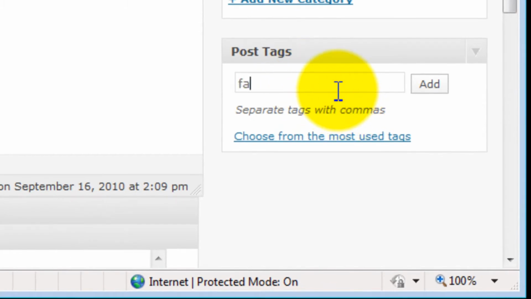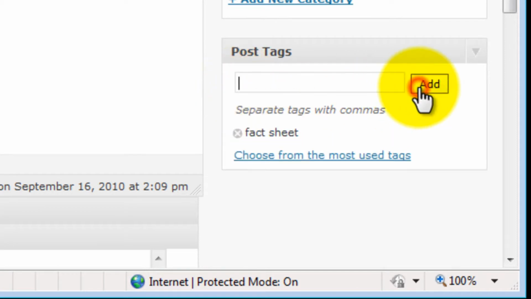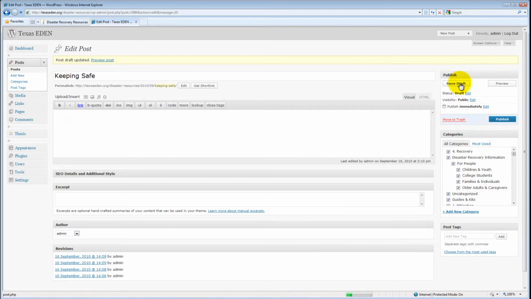Now this resource is just a PDF fact sheet, so we're going to type in the keyword fact sheet and assign it to this resource. And let's see, it should just show up automatically for you. Just double click on the suggestion and click add. Click save draft, and now we're going to preview it and make sure the links work and that the files